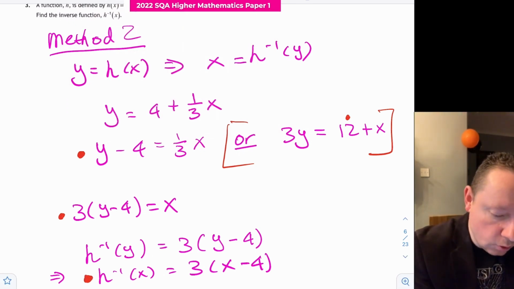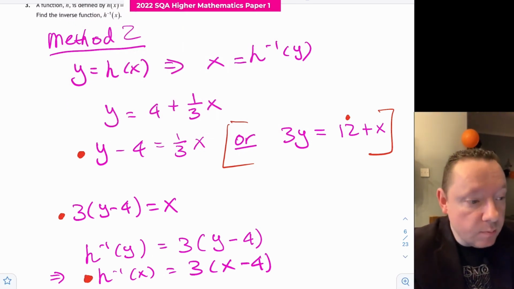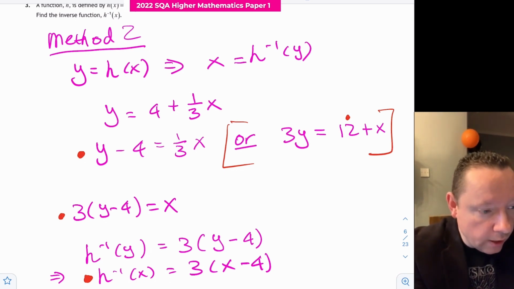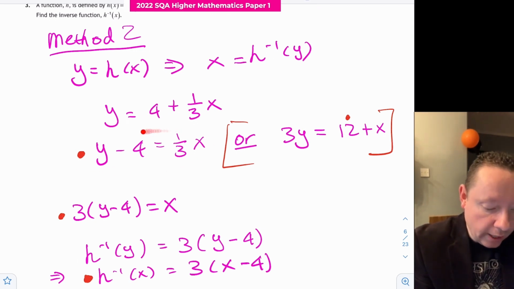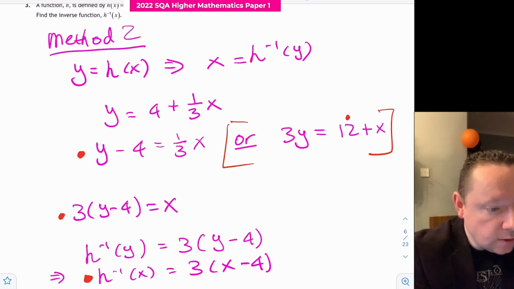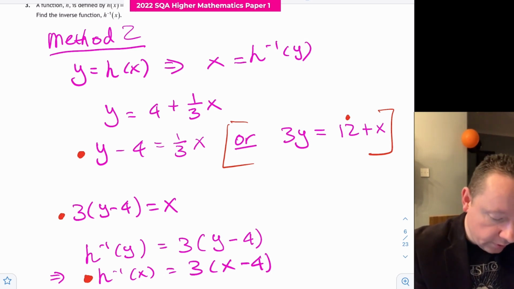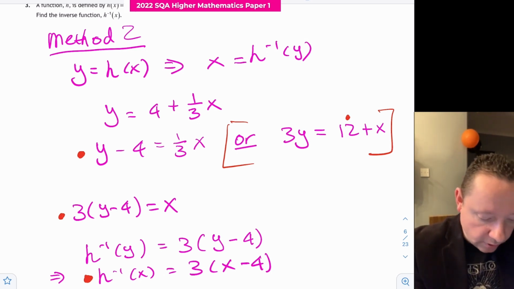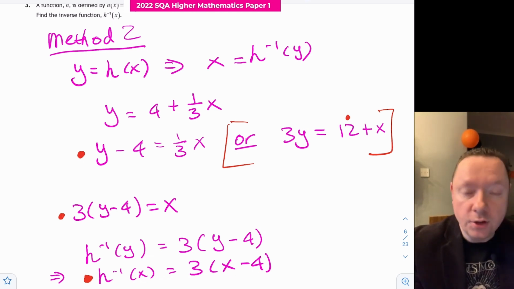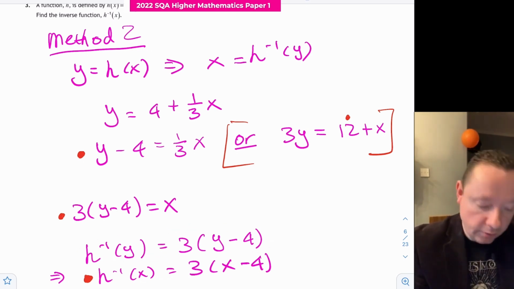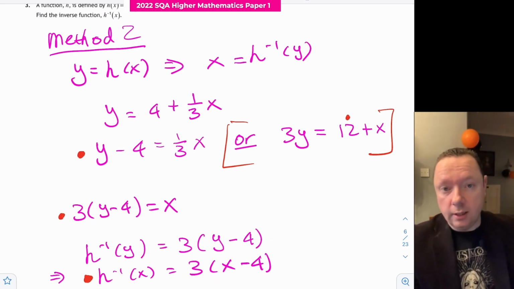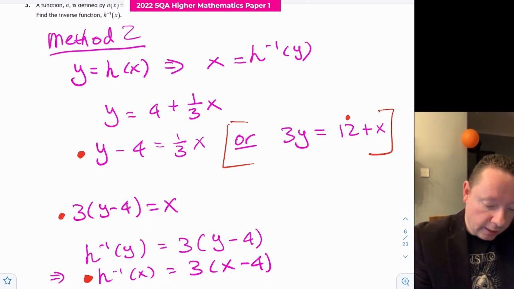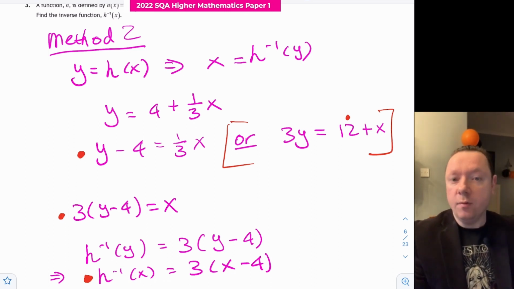Now, just a little note on where the SQA would say you can't get marks. Let's look at method 2 to start with since we're on it. We can start off just by writing this and you will get your first mark. If you forgot to write this, we would not take a mark off. Similarly, at mark 3, they would accept h inverse function of x is 3x minus 4 without you writing this statement first. So if you just jump straight from here to here, that would be fine also. Also, what you would actually get a mark for if you'd made a mistake is if you'd kept it as y instead of x,